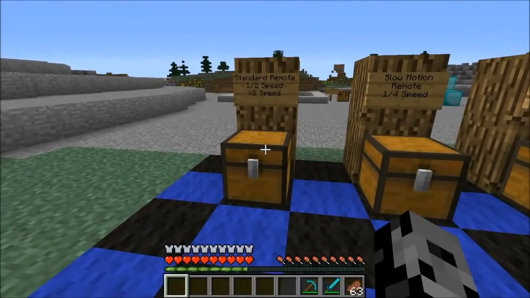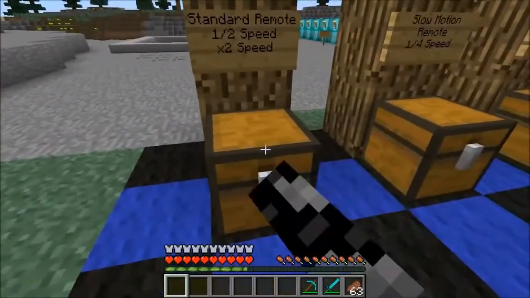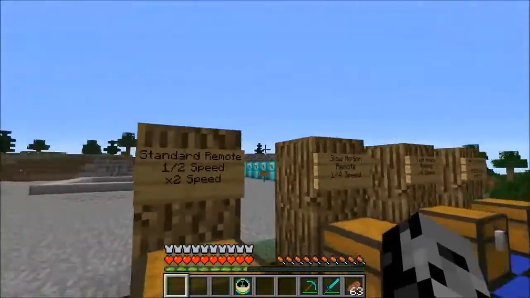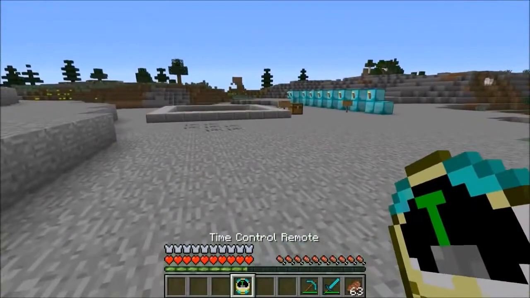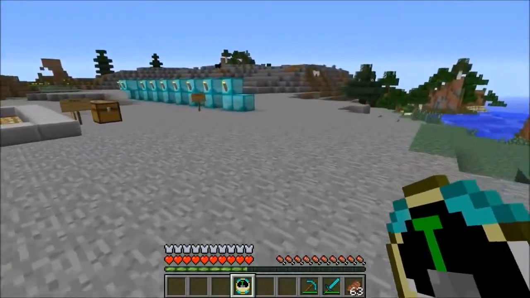It can speed things up ×2 and also cut the speed in half. So you're going around super slow. Alright, to make this one, you're going to need diamonds, gold ingots, and a button. And really anyone can figure this mod out. It's really simple. So right click, and now I am walking so slow, and you're probably wondering,